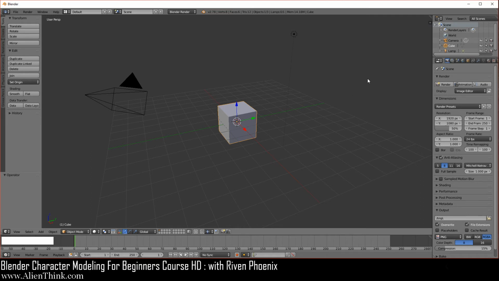Okay, now what I want you to do is, if you look here, you see that there's a little triangle over here on the top right, and if you just move your mouse over here and then take it to the left, you'll see that he has his buddy here on the bottom left. So whenever you see these two triangles, this tells you that this is a window type.